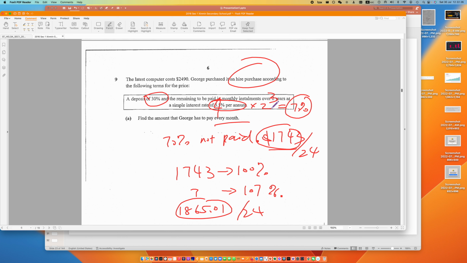But anyway, to cut it short, whatever you owe, the bank is going to charge you interest. Then you just find out what is the total amount after all the interest. 3 year interest, 2 year interest. Once you get that, you divide by the total number of months. That will be the monthly payment. Does it make sense now? Very simple.